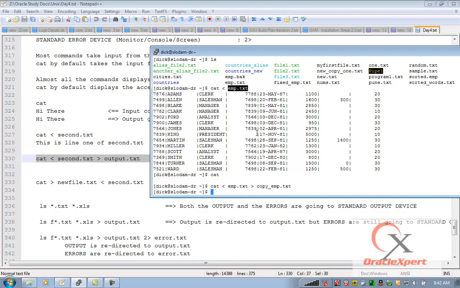Then the default behavior of cat command is to display it onto the standard output device, which I categorically have redirected in this case to a file. By this I mean, do not display it onto the standard output device. Instead, redirect it to a file. The name of the file is copy emp.txt. So whatever otherwise was going to be sent to my monitor is now being sent to the file copy of